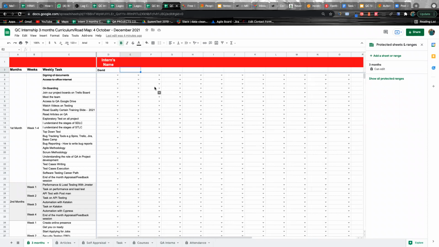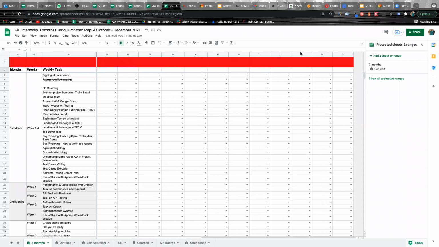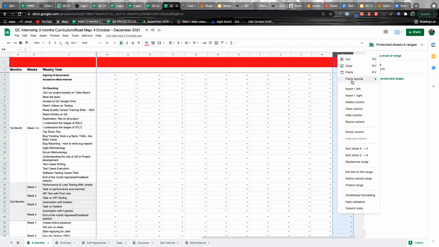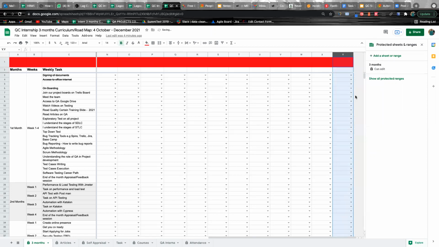If eventually all this space is exhausted, click on this top bar, which is the X button, or any column on this top bar, then right click and insert to the right. That means you are creating a space for yourself.